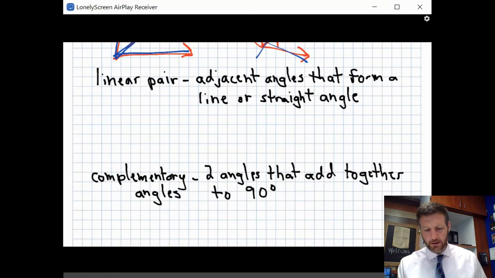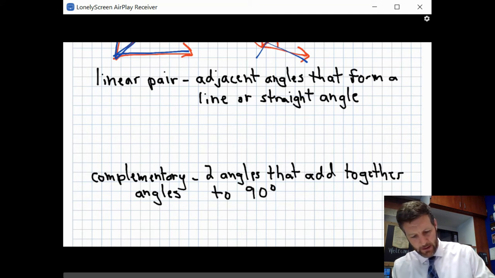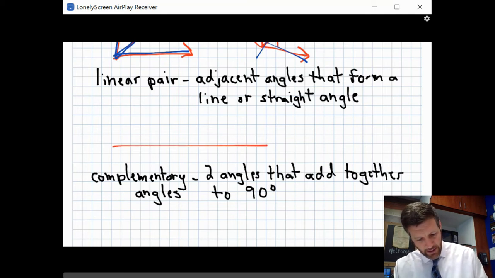Okay, a linear pair. So this is a type of, as you can see, adjacent angle. A linear pair are adjacent angles that form a line or a straight angle. So we've talked about a straight angle. A straight angle is a line that is 180 degrees because that's how many degrees that would be. Deep stuff, I know. So if you have a straight angle and then you form